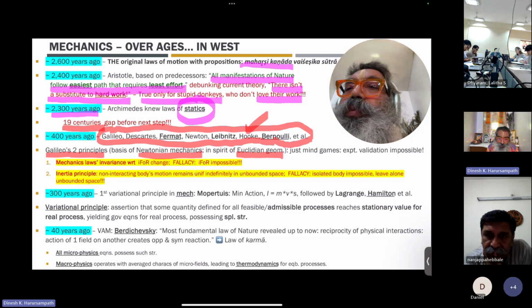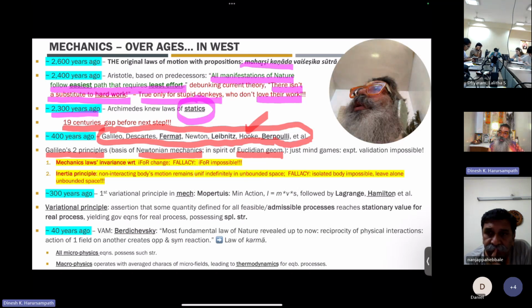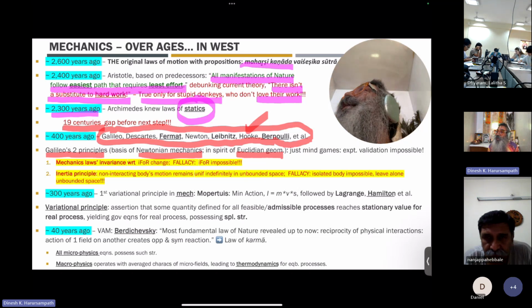So Galileo's two principles are not only the basis for Newtonian mechanics, but they are in the spirit of Euclidean geometry. Thus, Galileo and Euclid are very, very intricately correlated in terms of how they came up with their methodologies, though they were separated in time. And as of today, the way we look at Galileo, if you look at it,